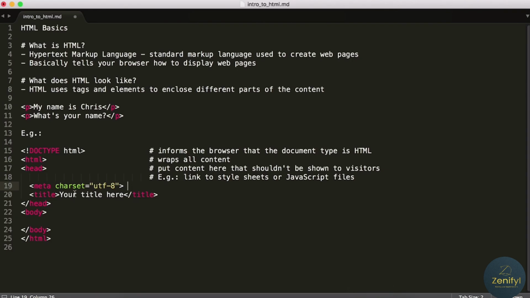And this character set, notice it has a meta tag here. So this will essentially set the character set to UTF-8. This one is pretty much almost always set to UTF-8,